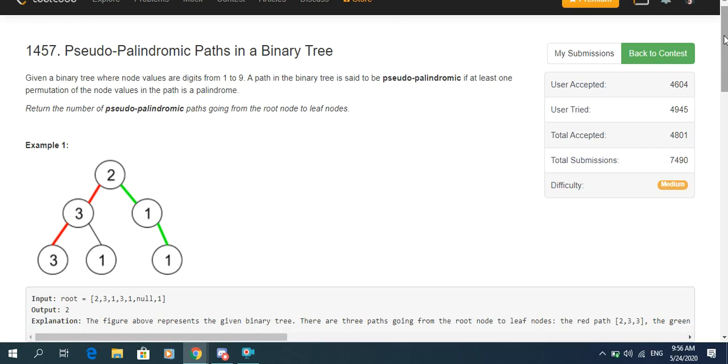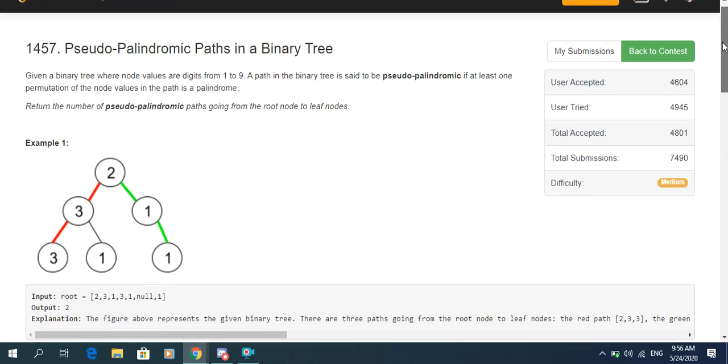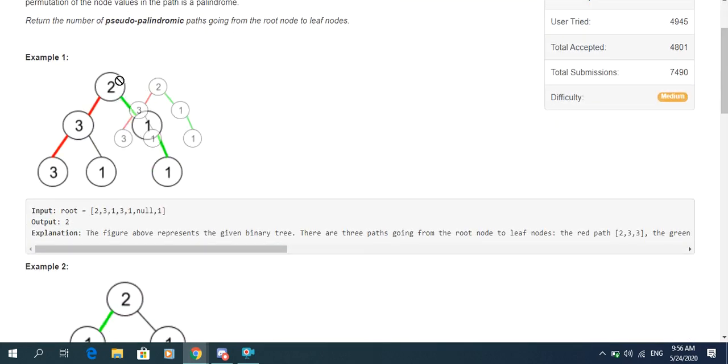and we need to find the number of paths from the root to a leaf that are pseudo-palindromic, and a path is said to be pseudo-palindromic if we can rearrange the values in the nodes such that they form a palindrome. For example, in the given binary tree here in the first example, the number of paths from root to